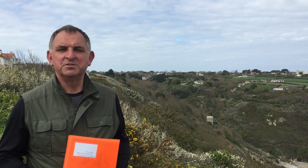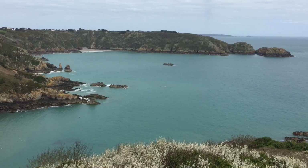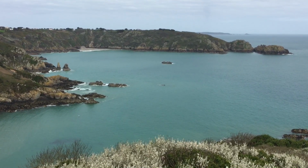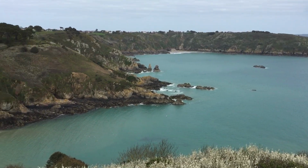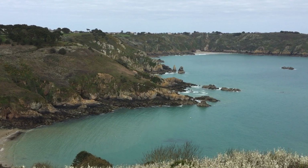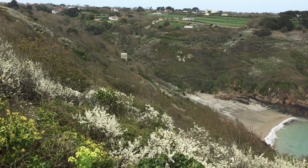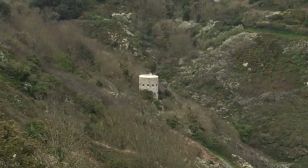So as we progress along the coastal path, the cliff paths for Enemy at the Door Part 1, we're above Saints Bay. We've just come away from the strong point at Icar. We're above the position at Saints Bay, Hellingbock Bay. We've got Petit Port just over here where the commandos landed in July 1940. We also see the Dog and Lion Rock where there was a coastal resistance net above those rocks just over there. And of course we have Saints Bay that was heavily defended during the German occupation,